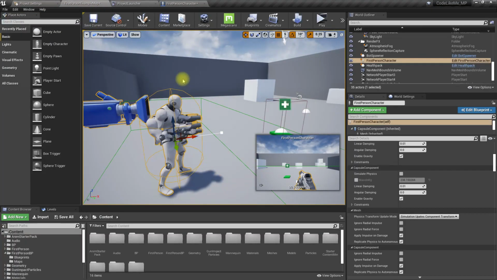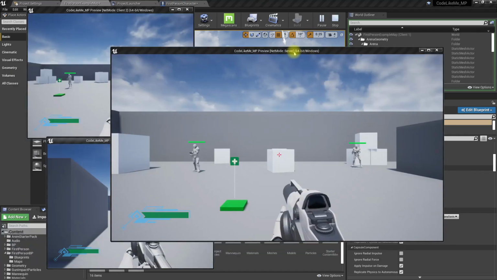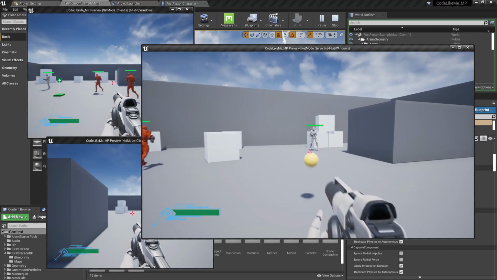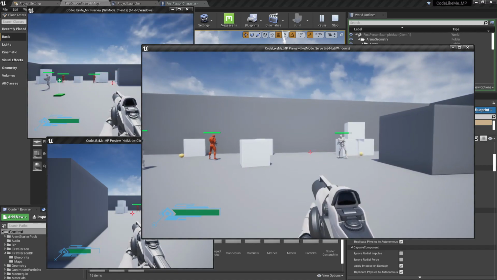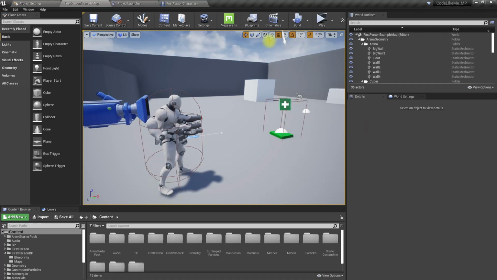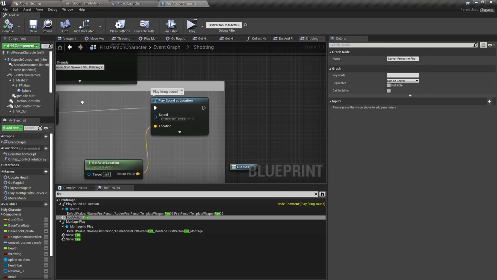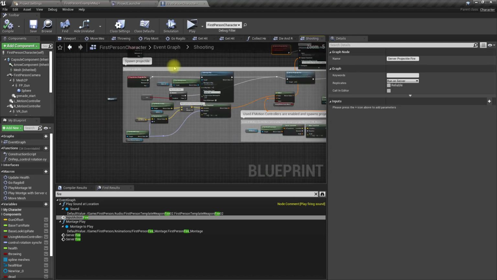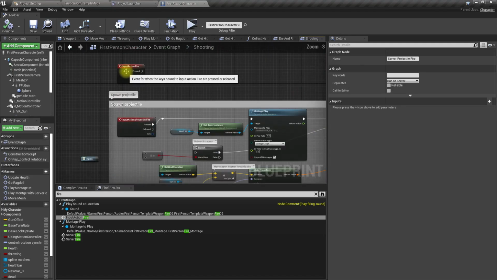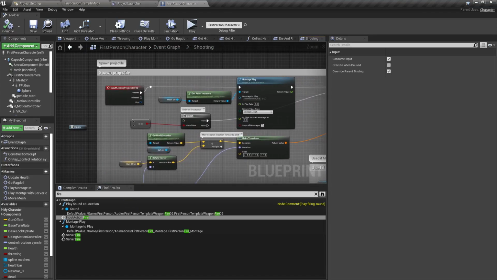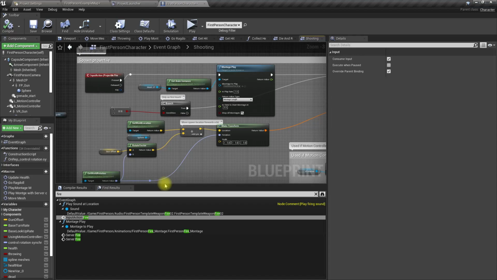Right, now when I play the game, nothing will happen when I press left mouse button. If I press middle mouse button, this happens. Okay, right, now let's get this function over here, and when we do this,